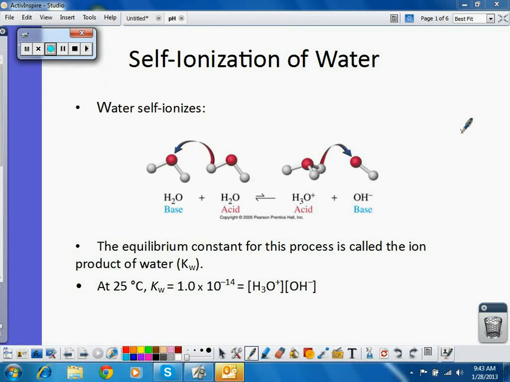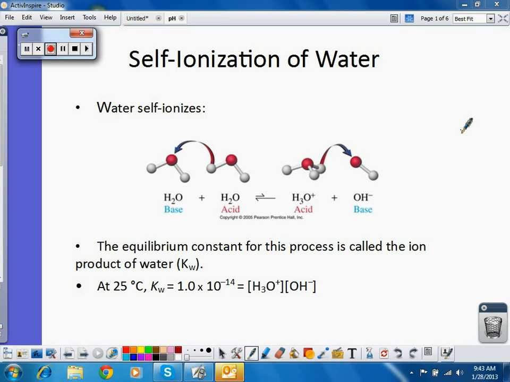Okay, so we know whenever we have an acidic or basic solution, we can measure how acidic or basic something is by looking at its pH. And the pH of a solution depends on the fact that water is amphoteric. If I have pure water